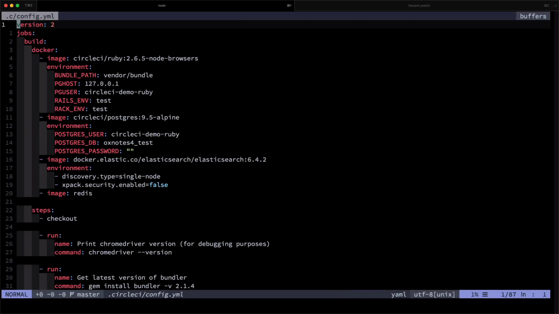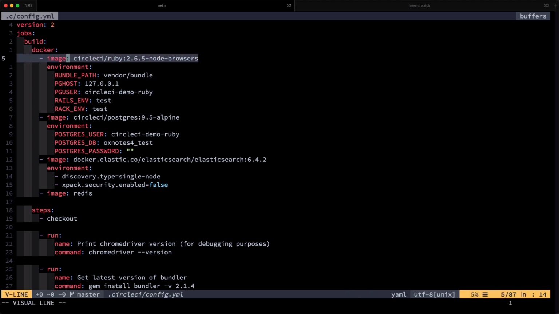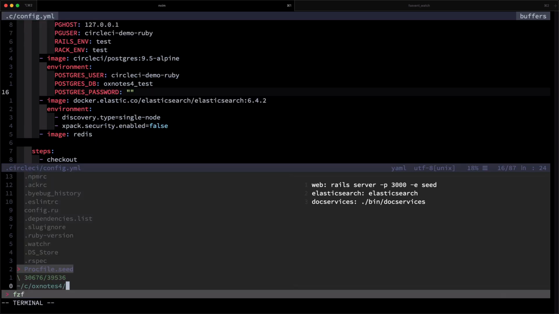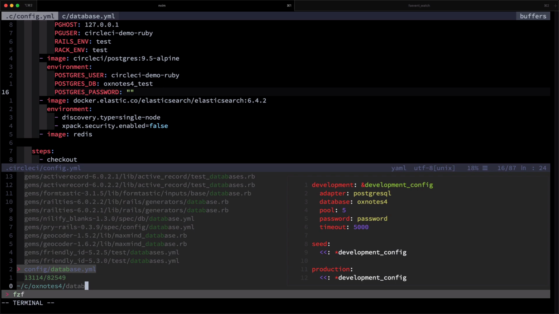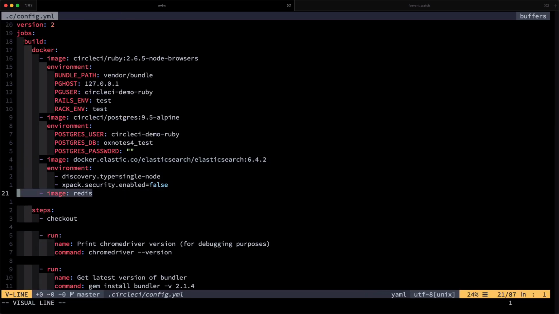For completeness' sake, I want to show you how I configure that continuous integration server. So I'm going to open up my CircleCI config YAML file, and you can see here that I include this Docker image that you saw previously with Ruby and the Node browsers. Interestingly here, there are some environment variables. For example, I tell it where Postgres is, and I tell it what environment to use in my Rails app, the test environment rather than the production environment. Then I pull in the Postgres container and set the Postgres user, database name, and password. That has to be synced, of course, with my database configuration file in Ruby land. As you can see, it's done over here. Then I pull in Elasticsearch and also Redis.